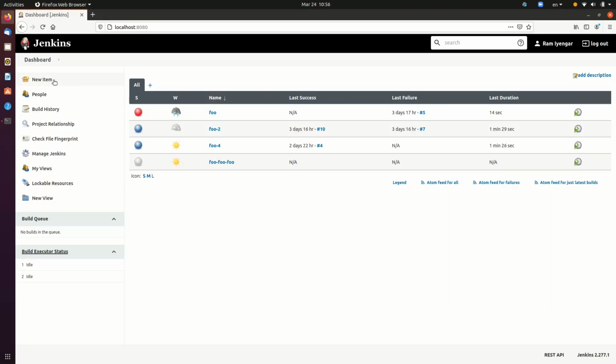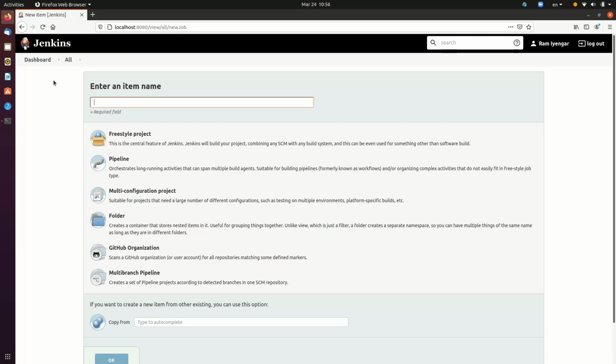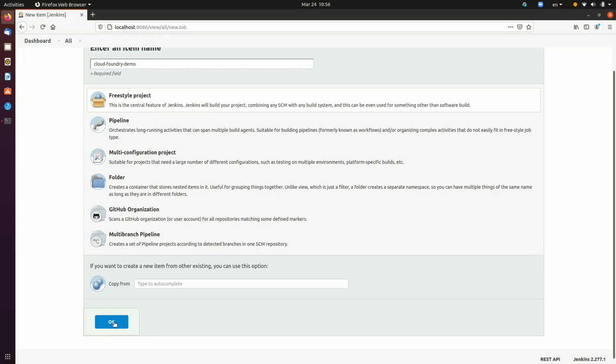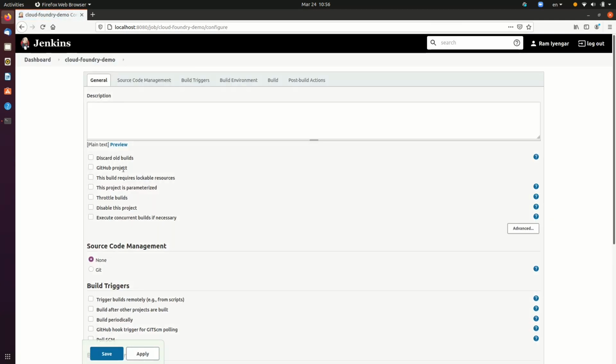On to Jenkins now. Create a new item from the Jenkins dashboard. Here, provide a name for the project and select the Freestyle project option. Click on the OK button at the bottom to confirm and move on to the next step. In the screen that follows, several inputs are required. This interface helps configure the whole build pipeline that is needed.